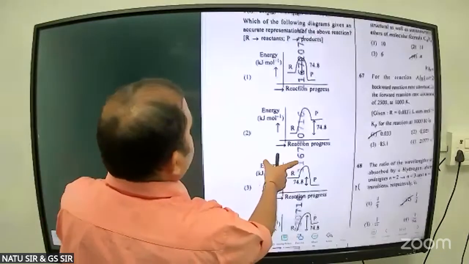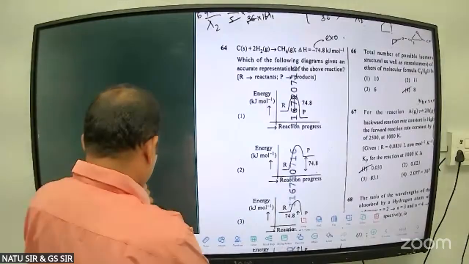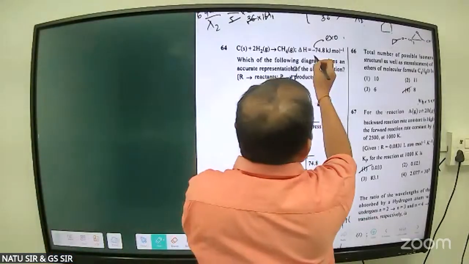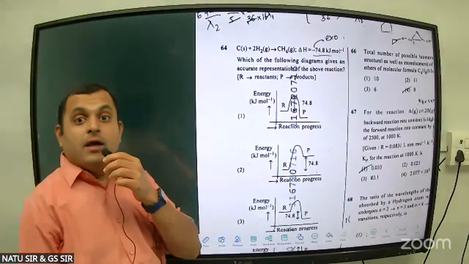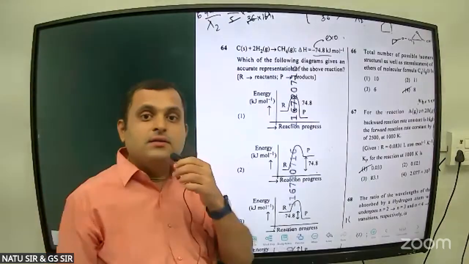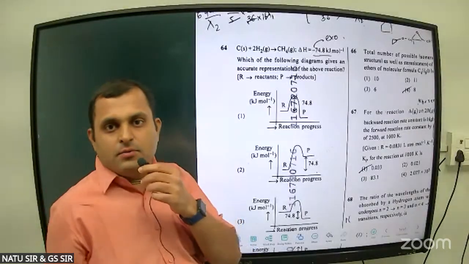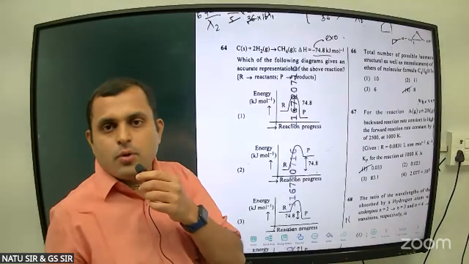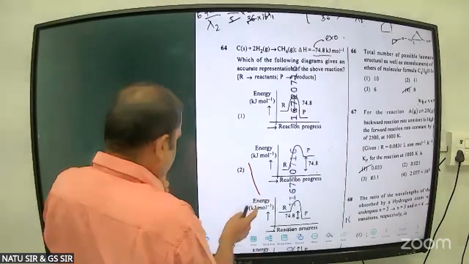So this is a simple reaction, C plus H2 giving CH4, and delta H of this reaction is mentioned as minus 74.8 kilojoule per mole. So it is an exothermic reaction. So in exothermic reactions, products are less energetic than reactants because when reactants are getting converted into products, they are releasing energy. So products will be less energetic. So from that perspective,